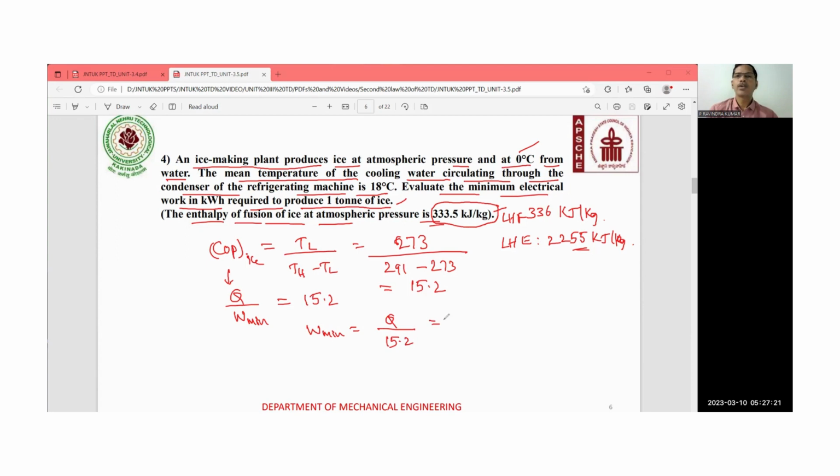So what is the Q value here? That is 1 ton of ice is mentioned. So 1 ton of ice means 1000 kg, times the latent heat of fusion of ice, that is 333.5 kilojoule per kg. So this cancels, and you will get the answer in kilojoules, divided by 15.2, divided by 15.2, right? So that is nothing but equal to